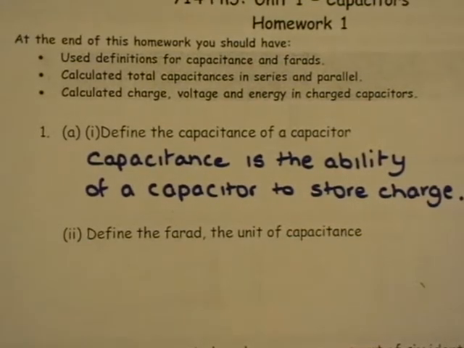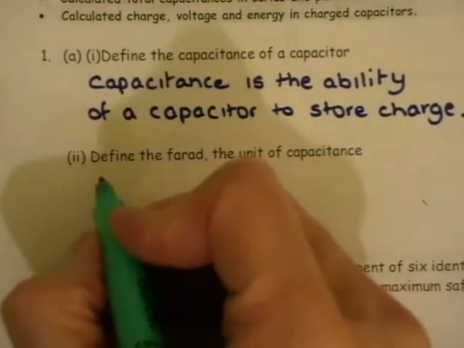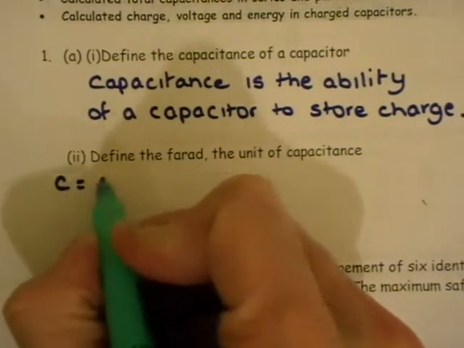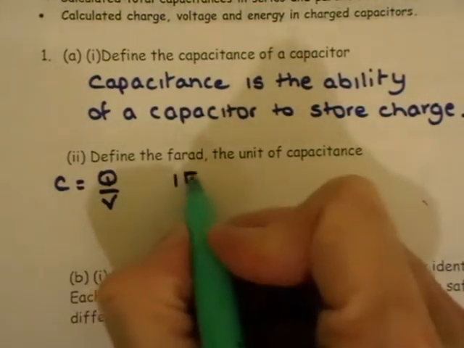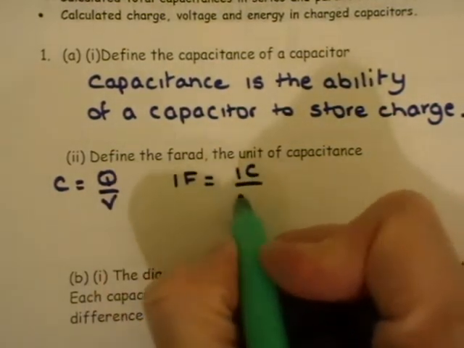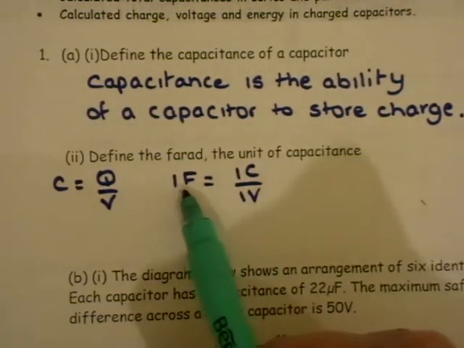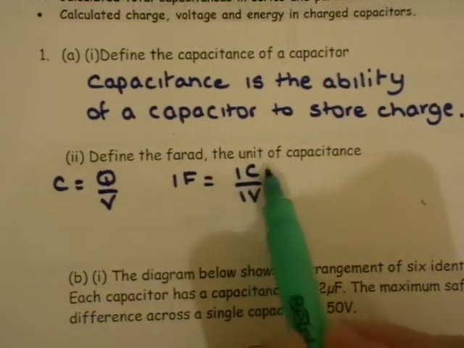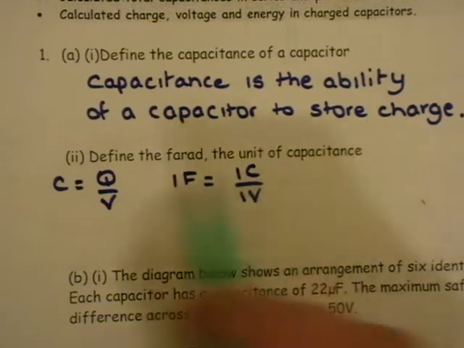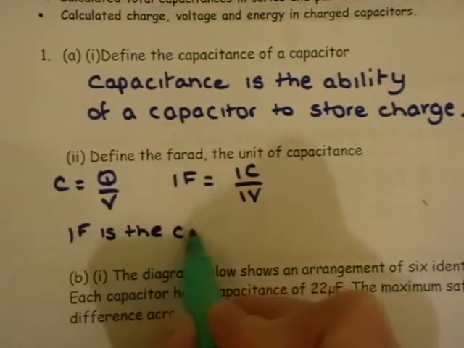Part 2, define the farad, the unit of capacitance. So if we just write down the equation, we know that capacitance is charge over voltage. So if we were to replace that with 1 farad equals 1 coulomb over 1 volt, then we're defining 1 farad is the capacitance of a capacitor which can store 1 coulomb of charge per unit volt. So 1 farad is the capacitance,